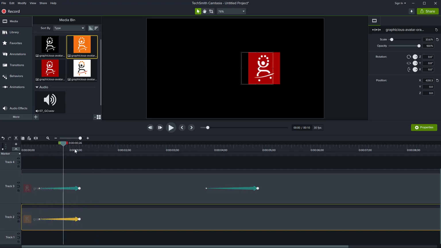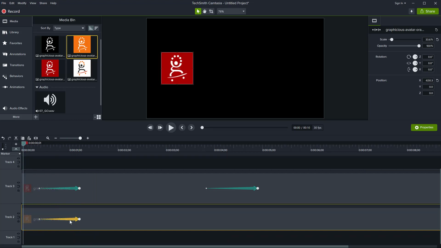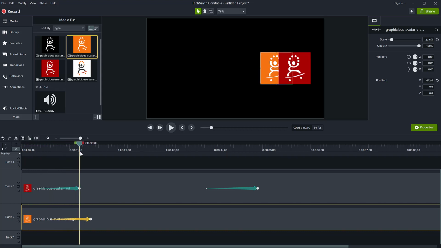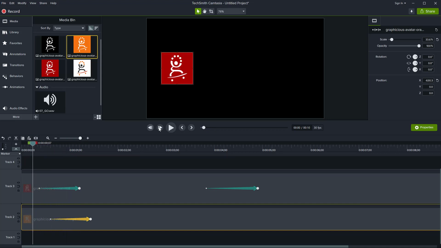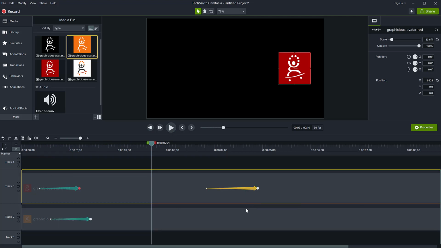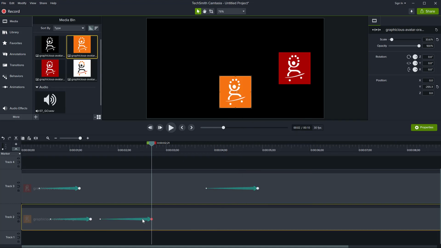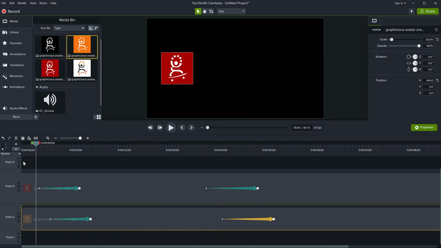Now of course I'm not going to see anything because they are behind each other, but I can play around with the animation, maybe make this one go a little later. So now you will see that the red one has a trail of the orange one. It's a very nice effect. Let's copy the second one. Click, copy, right click, and paste. It's been placed here. I can move it so that it is a little later. Let's see what we did.